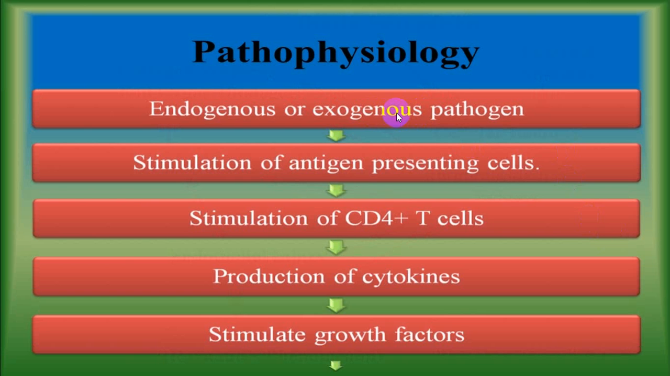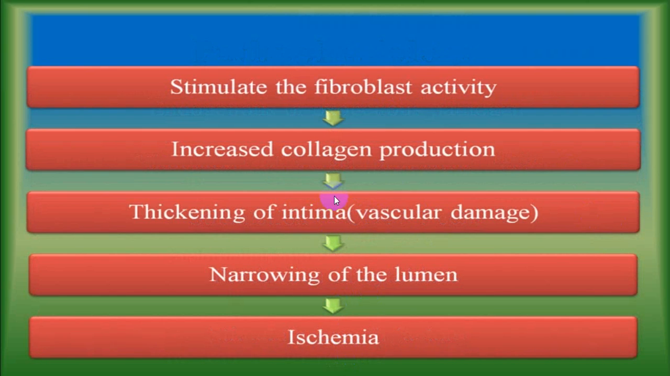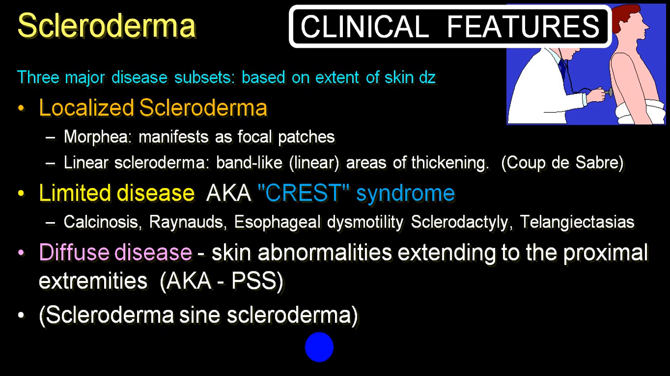So endogenous or exogenous pathogens which stimulate antigen presenting cells, stimulation of CD4 T cells, production of cytokines, growth factors, stimulates fibroblast activity, increase collagen production, thickening of intima, vascular damage, narrowing of the lumen, ischemia, and secondary to ischemia, you start getting a damage to the portion which is being involved, and the most common portion involved is fingertips. We have already mentioned the different types: localized variety, limited variety, diffuse variety, and scleroderma sine